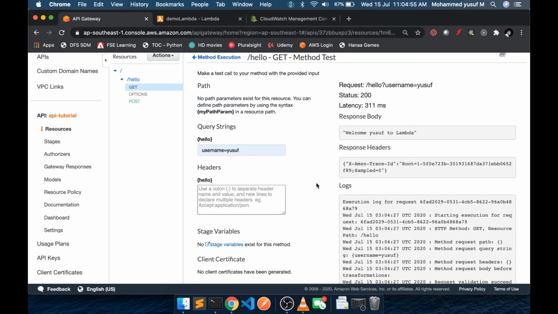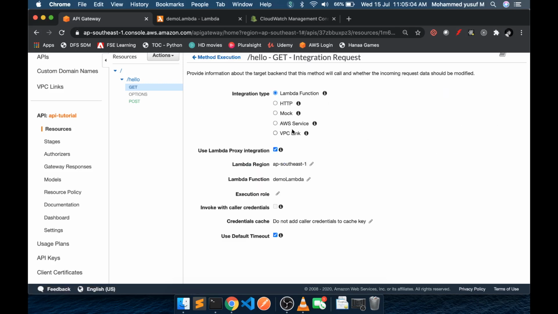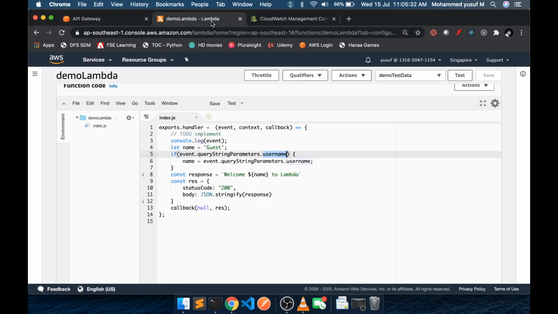Let's quickly do a small recap. We have just seen how to call the Lambda function from API Gateway by providing it in the integration request. Second, we have seen how to create the event object. If it is not a proxy integration, we go to the mapping template and create the event object, and if we need to transform something, it's possible in the mapping template. If you want to handle everything in Lambda, then enable the proxy integration, and API Gateway will pass the whole request object to the Lambda function, and in the Lambda function we should have all the logic to parse the event object, get the required result and send back to API Gateway whatever we want.